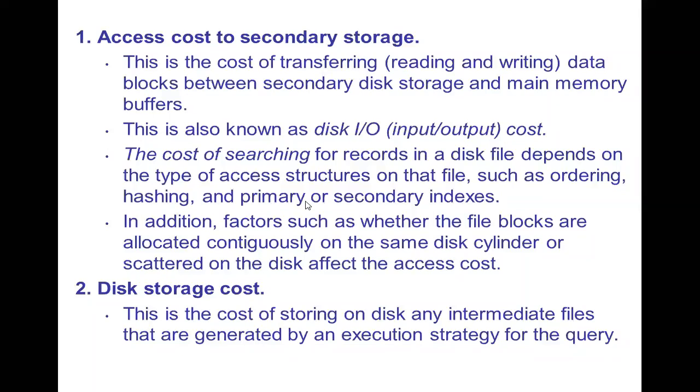So there we have the primary or secondary indexes. Suppose you have the primary index, sometimes the primary index is huge, and it will take a longer time. And then suppose you have the secondary index, you can reduce the access time. Okay, so it depends, right? So based on how much volume of data you have, you can choose whether to take the primary index or the secondary index, right?